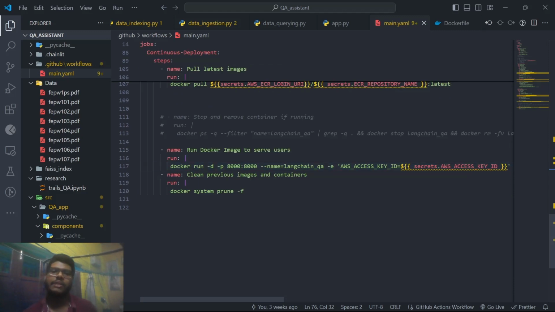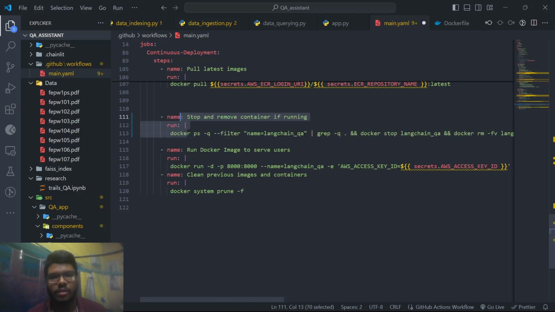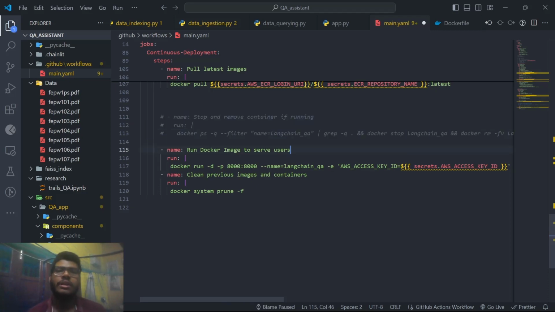For the first instance we don't have to run this step, because there is no running image right now that we have to stop. But after the second push, we have to uncomment it. Okay, so going to the next part,